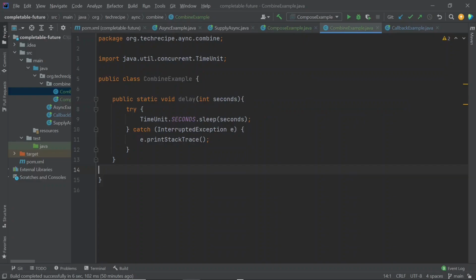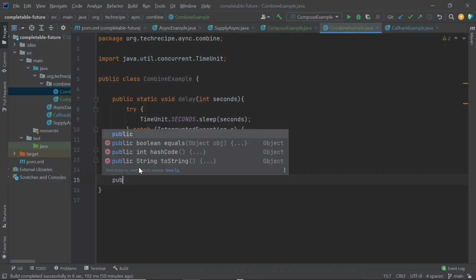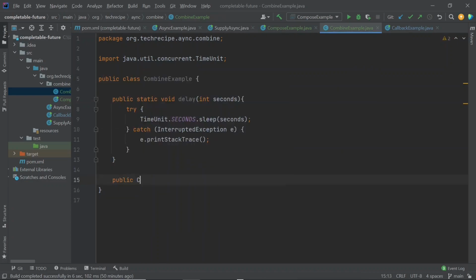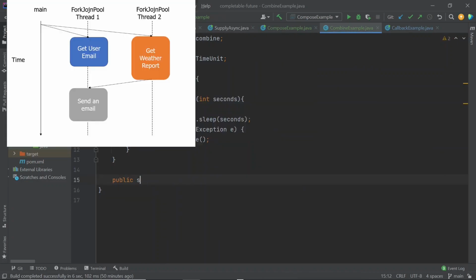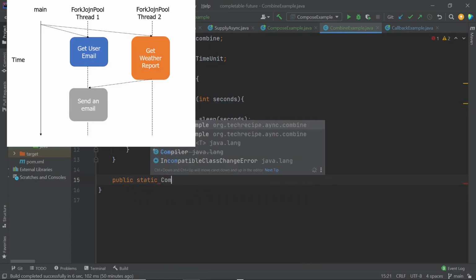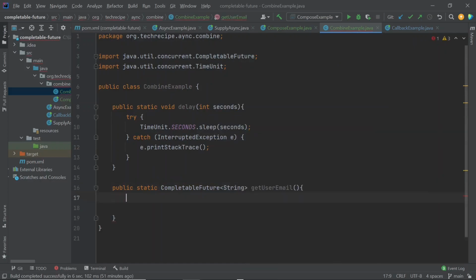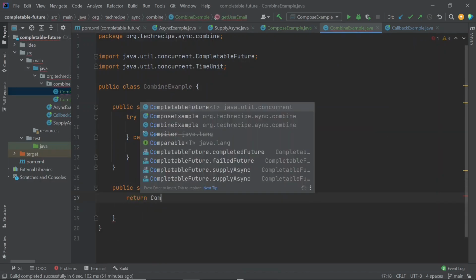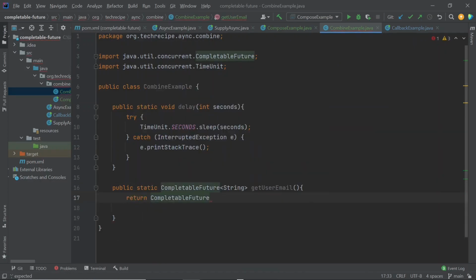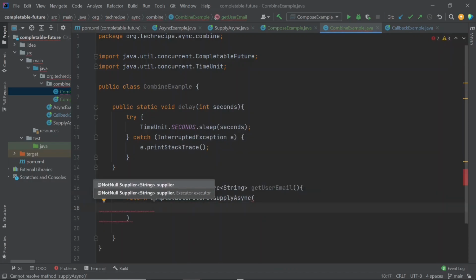So to write this example, I have created a new CombineExample class, and also I have pasted the delay method. Now the first method that we need to create is for getting the user email asynchronously, and the way we did it earlier, we will create a CompletableFuture.supplyAsync, and now we will write our supplier here.